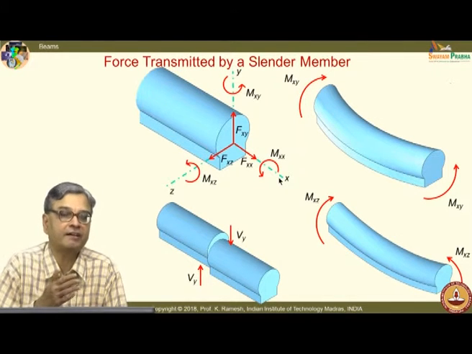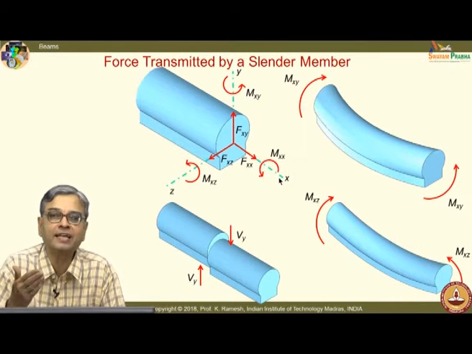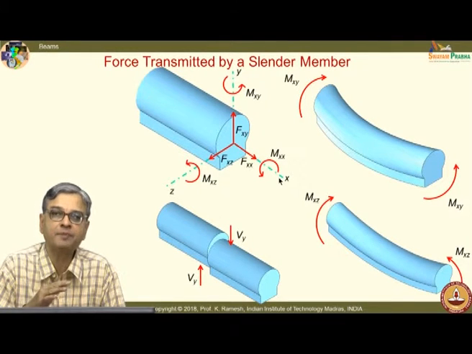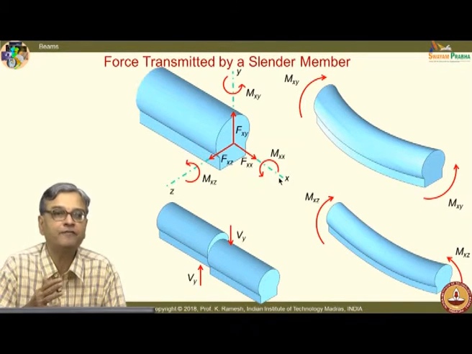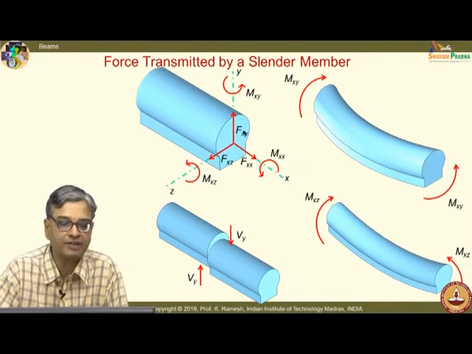See, in the case of a truss, the members are also slender members. It was essentially transmitting an axial force. In general, a slender member can transmit 3 forces and 3 moments. In the context of bending, we would be interested, if my loading is in the plane xy, I would have the shear force Fxy or Vy or simply V, and the bending moment Mxz.